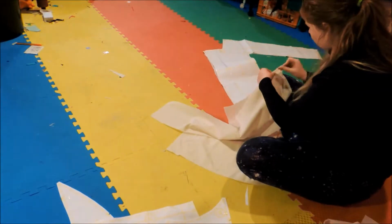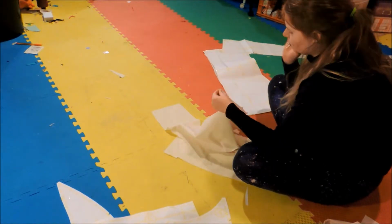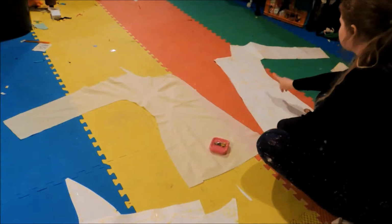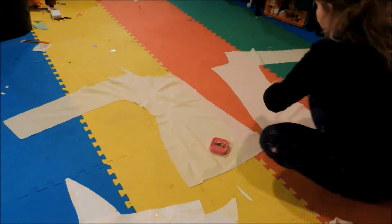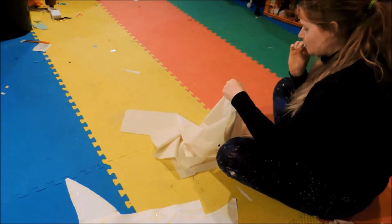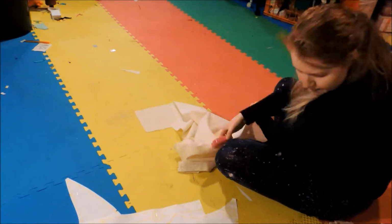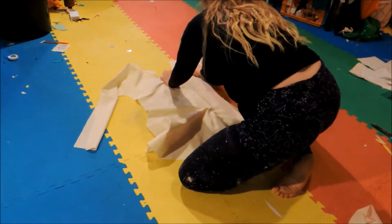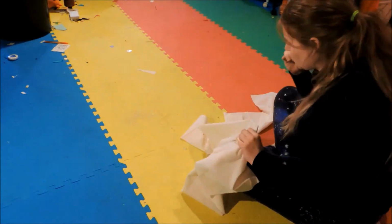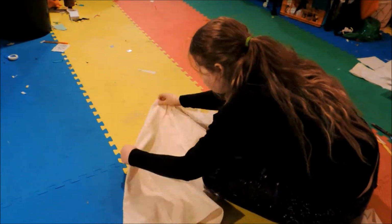It's kind of annoying because the way I pattern things, I tend to end up with a bunch of pieces I can mirror. And the way that this goes together with the swirl, every single piece is unique. So no cutting on the folds. Oh no, you gotta do it properly. But anyways, I printed out all the pieces, finally finished murdering my printer, and decided to start out doing a mock-up